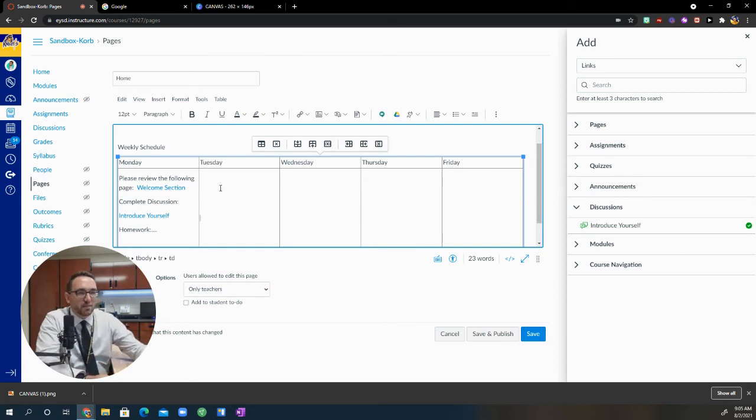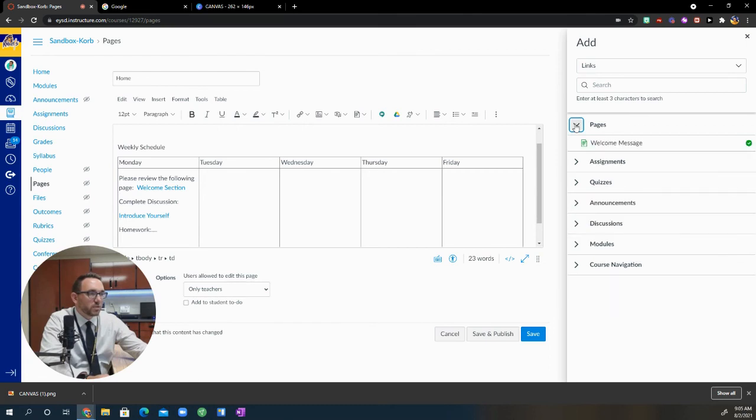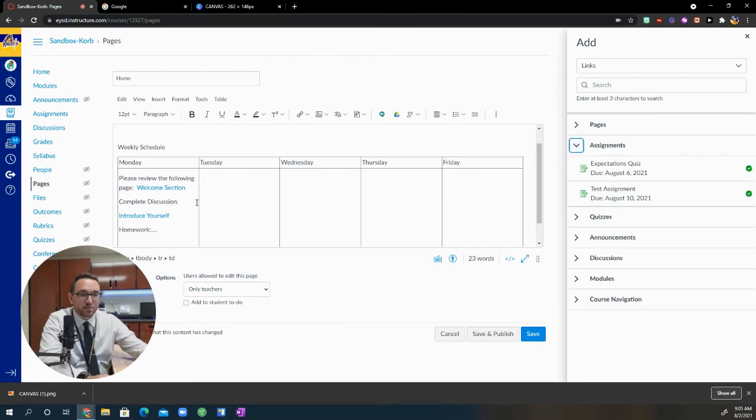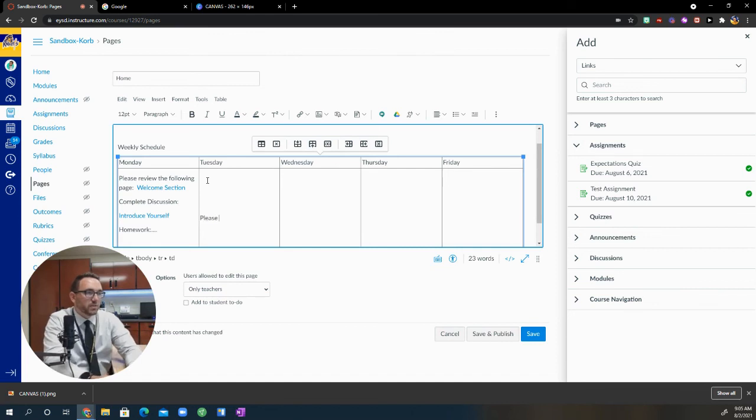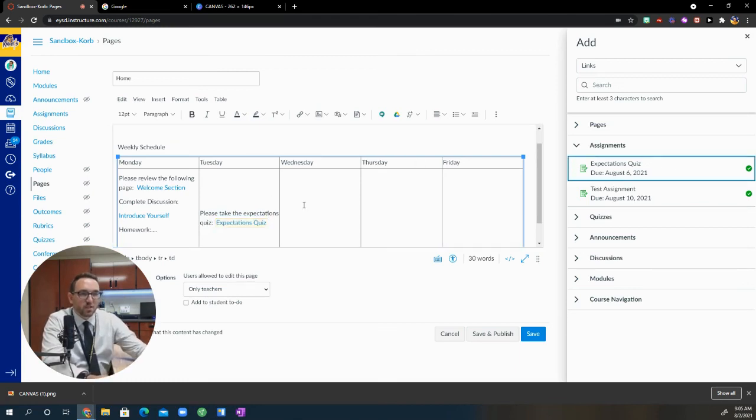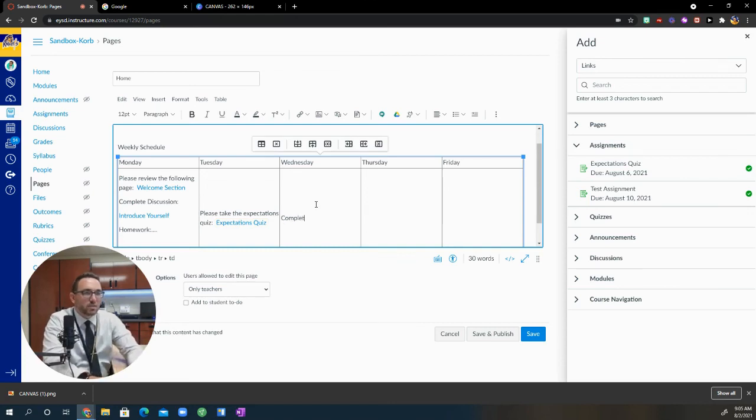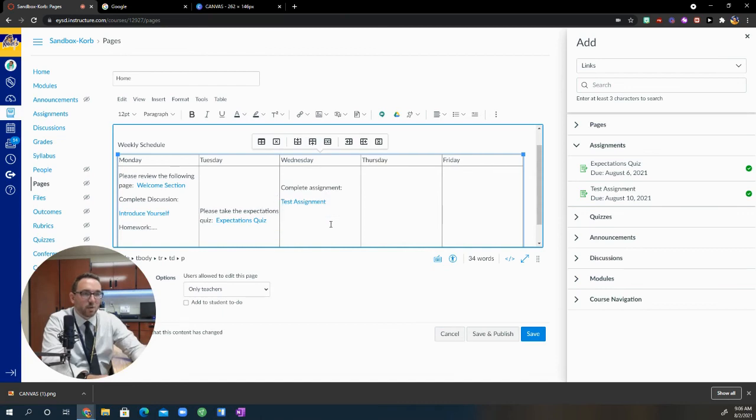Okay, let's say on Tuesday, they are complete. Let's go to pages. Nope, not pages. We already did that. Assignments. There we go. Please take the expectations quiz. Boom. Expectations quiz. Wednesday, complete assignment. And we can do test assignment. Boom. All right. So again, really nice way that we can organize our content for our students